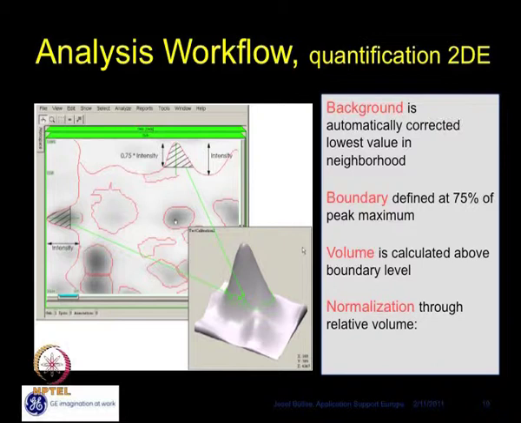So in this slide, the green circle which is defining the spot boundary is shown at 75% of the peak maximum. Yes. So it means you are eliminating the background from 25%. Correct. But ideally that should be kept consistent for all the spots. Right? Exactly. This is the normalization which we are doing, so that there is no artifact in the analysis. Exactly. Then one can remove the background artifacts and look only at the peak volume and the 75% of the peak area.